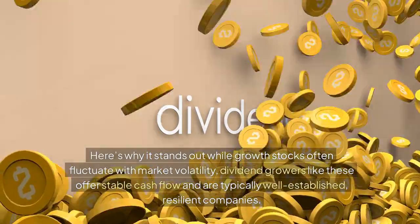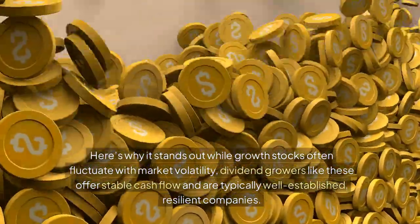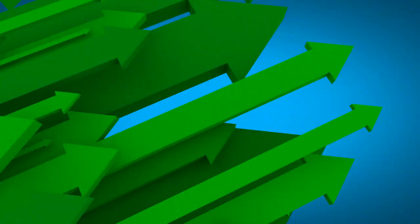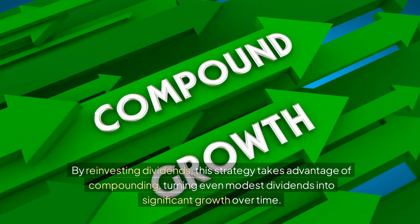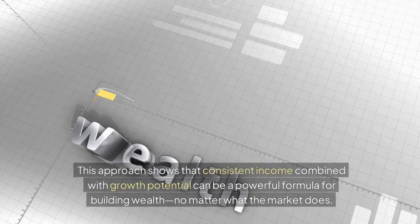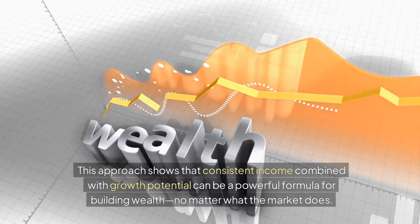While growth stocks often fluctuate with market volatility, dividend growers like these offer stable cash flow and are typically well-established, resilient companies. By reinvesting dividends, this strategy takes advantage of compounding, turning even modest dividends into significant growth over time. This approach shows that consistent income combined with growth potential can be a powerful formula for building wealth, no matter